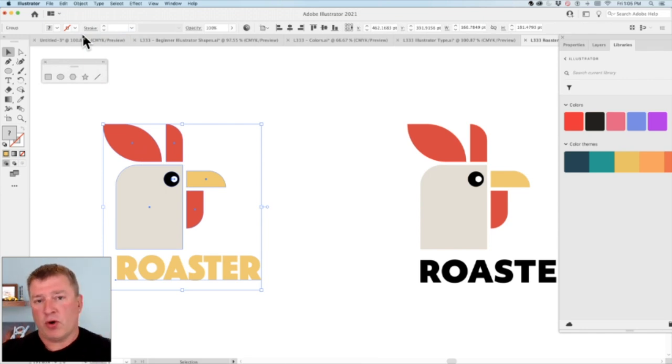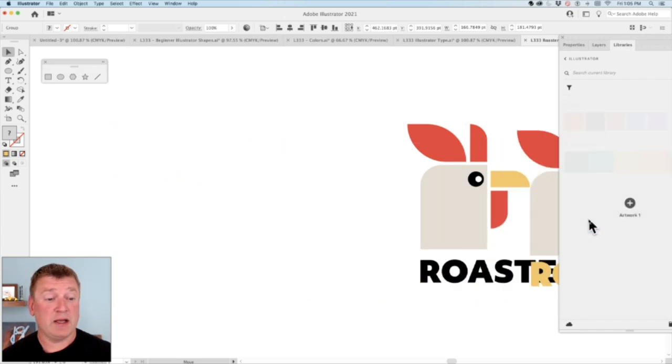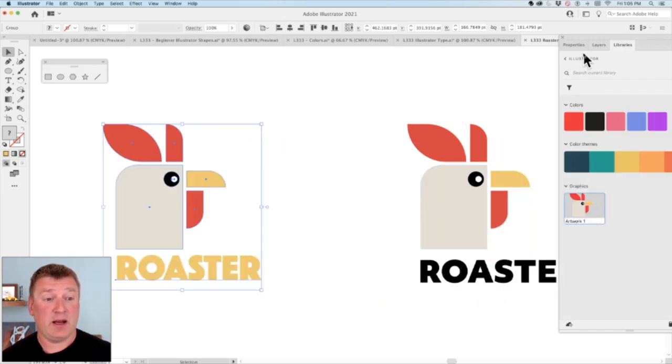Now, libraries are going to go across all the Adobe applications. So when I put something in my library here, I can open up this library and I can use it in another application. Not a problem. Take the logo and I'm going to drag it into my library and it's going to add it as artwork,